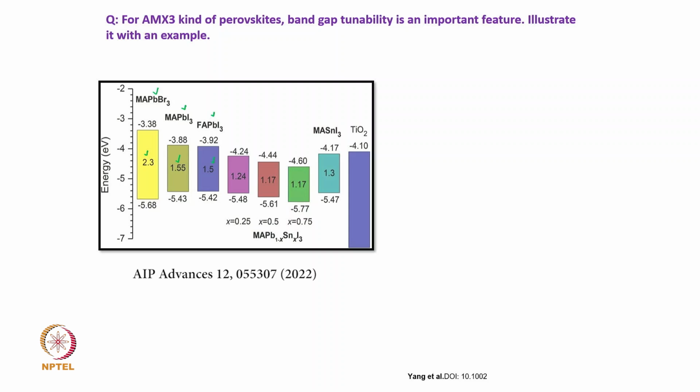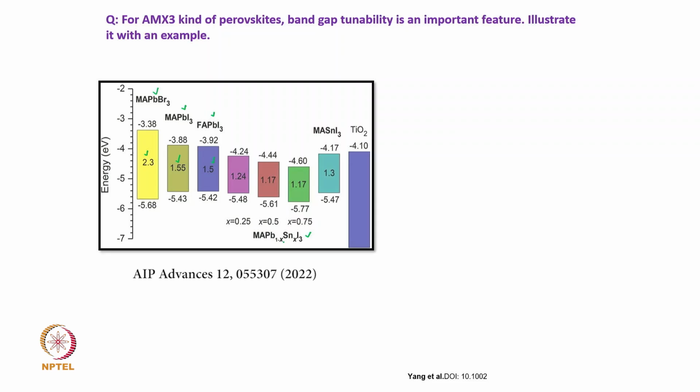Now, there is another example where you can consider MAPb1-xSnxI3. Okay. So, that means your methyl ammonium is there, and now what you are doing? You dope some tin in lead. There is an approach as I mentioned, that lead is toxic, people are trying to replace it by other elements like tin, Sn is one important element which can replace lead, and then we can have a different atomic composition of lead and tin and see how the band gap varies.